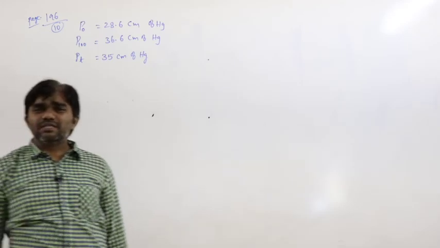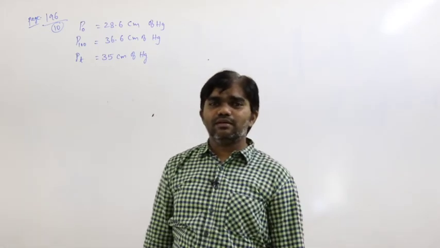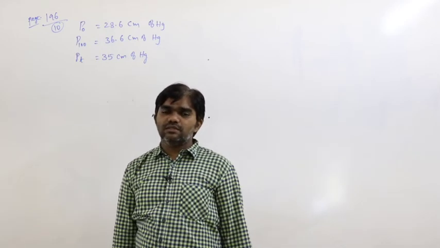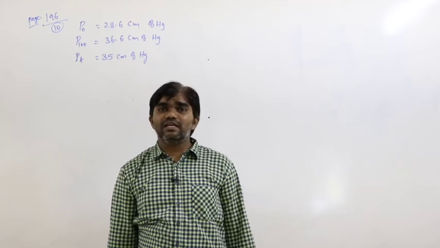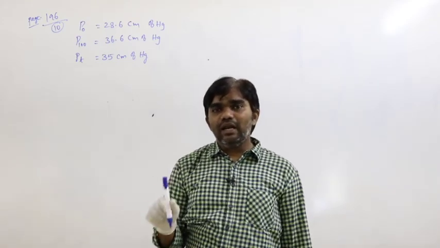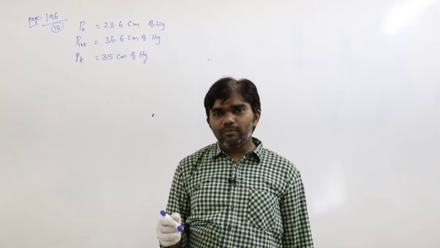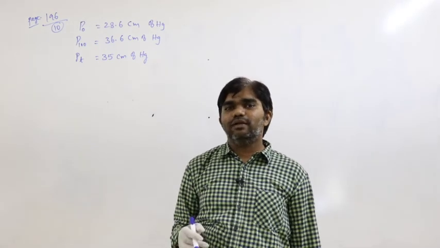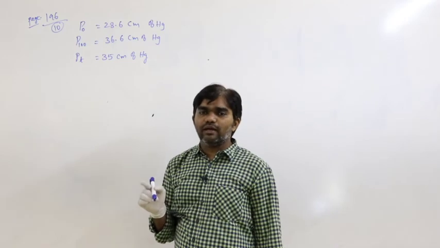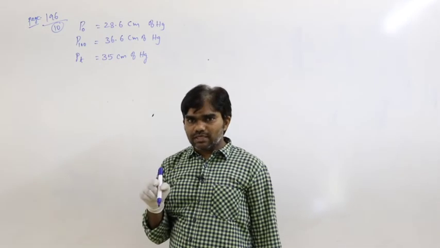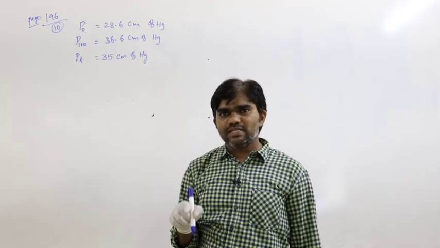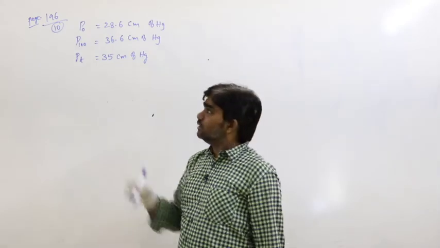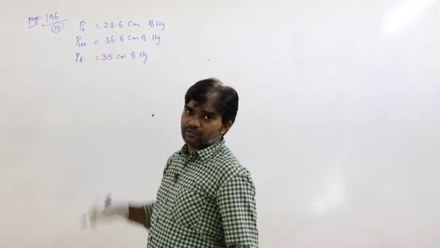Actually the pressure unit is Pascal. What is this centimeter? A length unit. So pressure can also be expressed using atmospheric pressure as 76 centimeters of Hg. That is the reading of the barometer, the instrument used to measure pressure. So that is atmospheric pressure, 76 centimeters of Hg. In that situation they have given it as centimeters of Hg here.